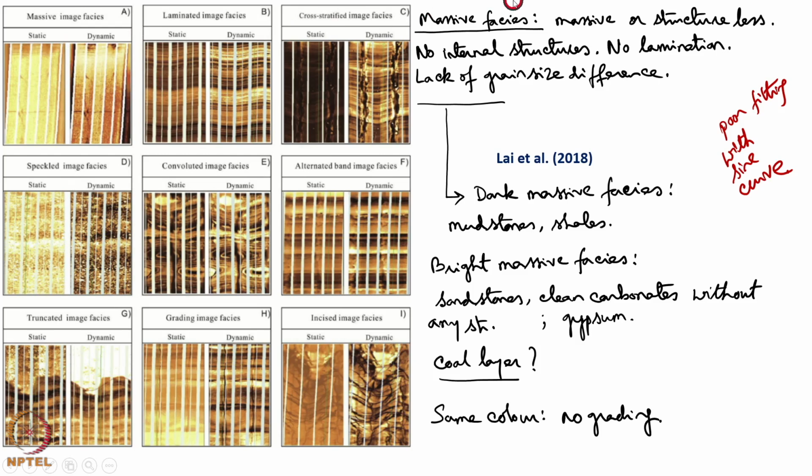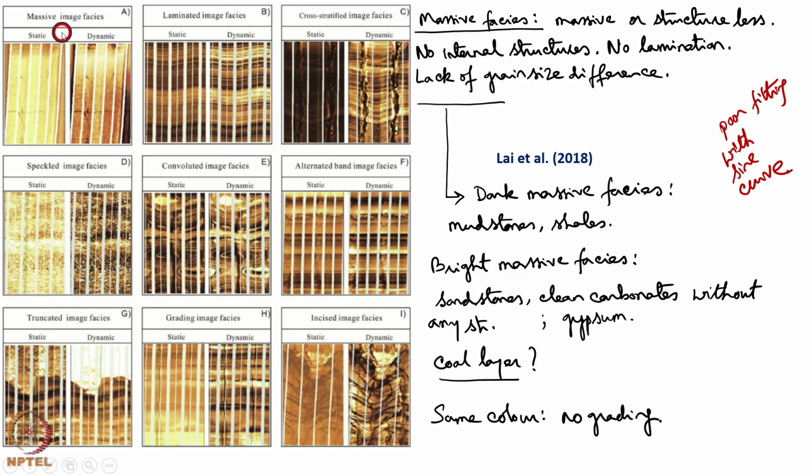The massive facies means that the sedimentary rock is massive, which means it is structureless, it has no internal structures, which means obviously that there are no laminations, lack of grain size difference. Here we can see in the image we do not see lines, we do not see sine curves,